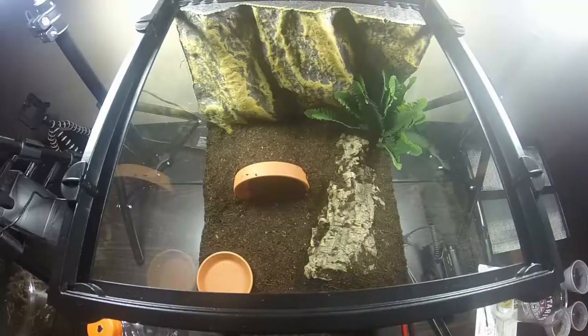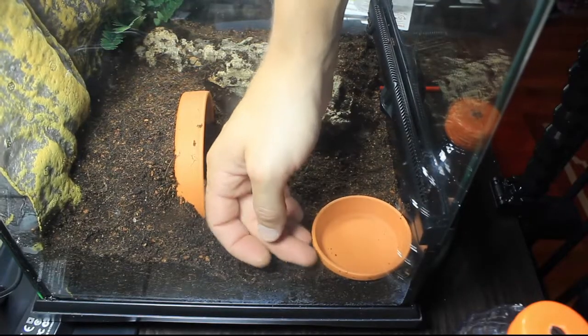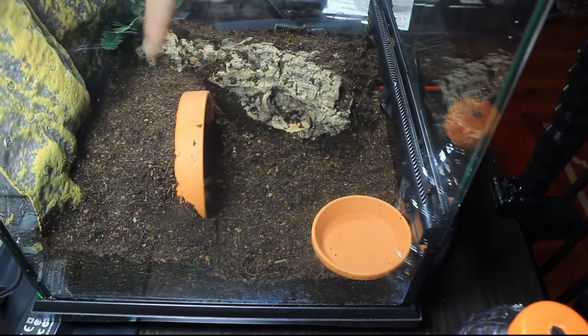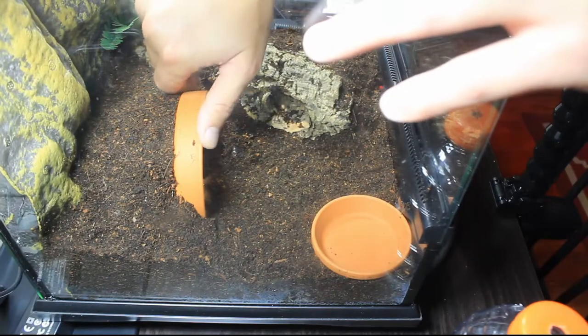So I picked up this girl. I have the basic Exo Terra 12-inch by 12-inch by 12-inch setup for the Aphonopelma seemanni, Costa Rican zebra knee, or the striped knee, as most people in the pet stores call them. She's a pretty big girl. She might be 5.5 inches. 12 by 12 by 12, I think, is plenty of space for her, and it's kind of set up more